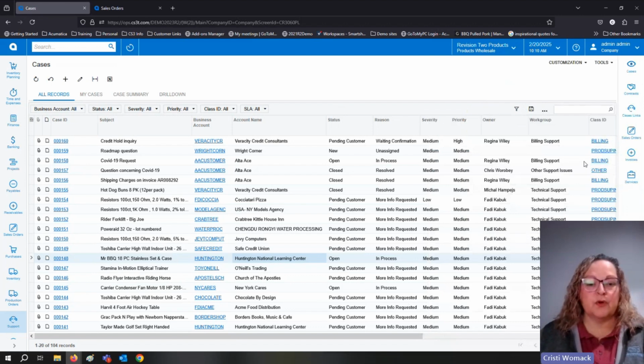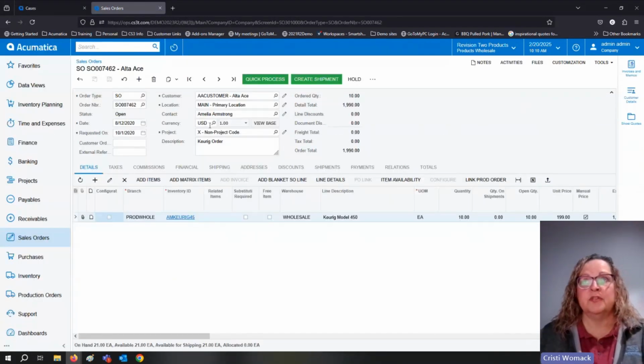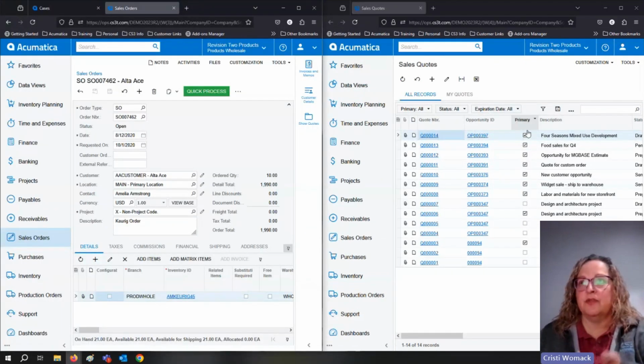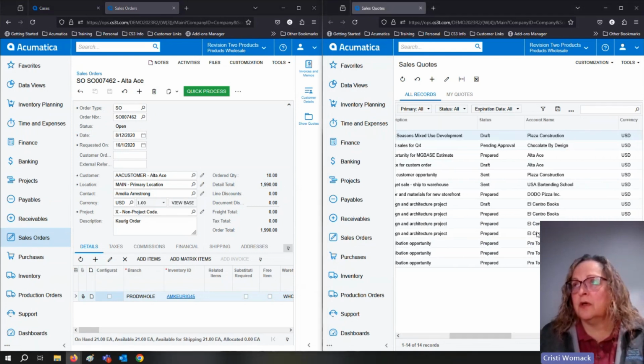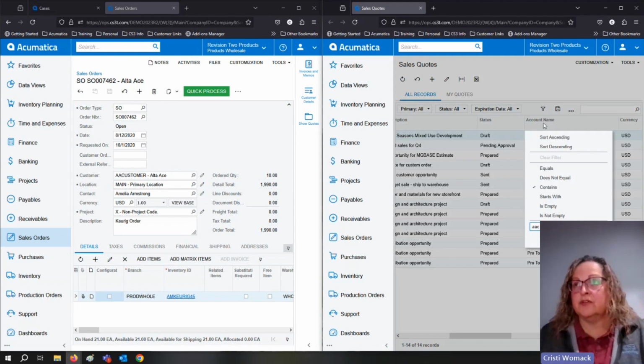They've taken it a step further to help with some efficiencies, because I usually have a bazillion tabs open, never remember which tab I need, but this is helping me with some efficiencies to bring everything on one screen. A lot of people can say, well, here's my sales order, and you know this little trick. You have your other sales order. Now I'm looking at my quotes. Well, this one is for AA customer. Well, now where's AA customer? Oh, I'm going to have to go over here. AA customer,